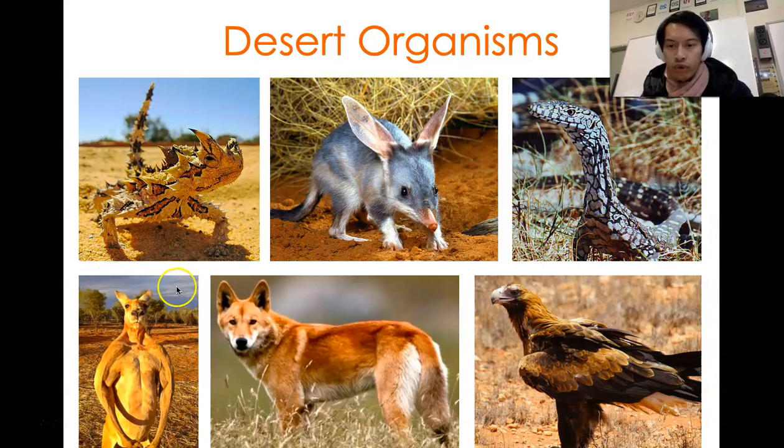The largest terrestrial mammal that is native to Australia is the red kangaroo. So you can see this big brute there. Now, kangaroos are a marsupial species, the largest of the marsupial species, and female kangaroos have a very special adaptation allowing them to survive in the desert, in that they can actually halt pregnancy. So when the mother is carrying a baby, she can hold off the process of being pregnant until the conditions are right for her to carry a baby, when the rains come and